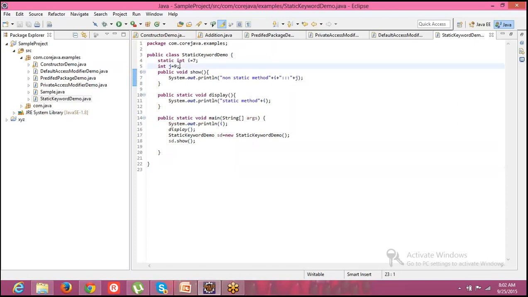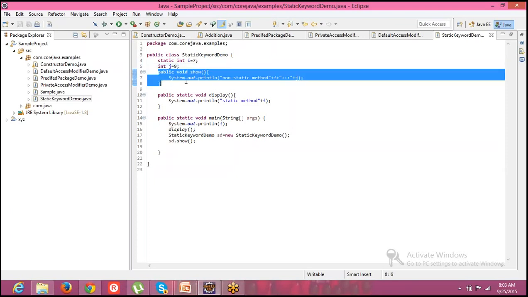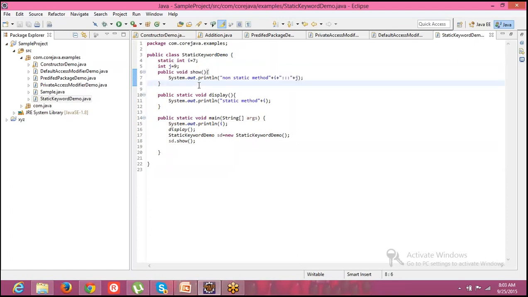This is a non-static variable, right? Any doubt you have? No, right? Here you are using the static keyword, so it is a static variable, and here you are not using it, so that is a non-static variable. That's it, as simple as such. So what we have already learned is non-static method can access static variables as well as non-static variables. What about the static method?